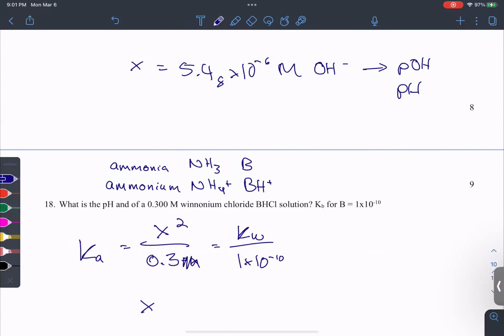Perfect. So when you solve for X, you get something like 0.00548 molarity, but it's the molarity of what? H plus, yes. How do you know that? Because you used Ka and then you get pH. There you go. That's it. All right,